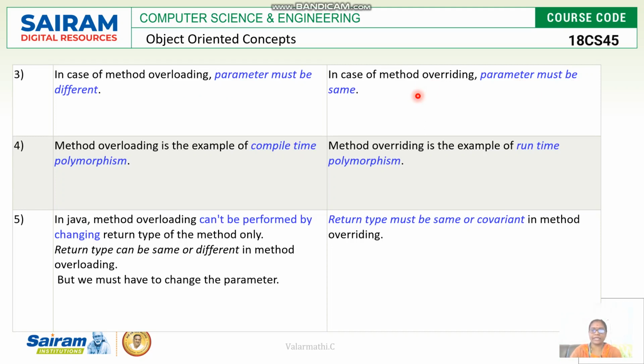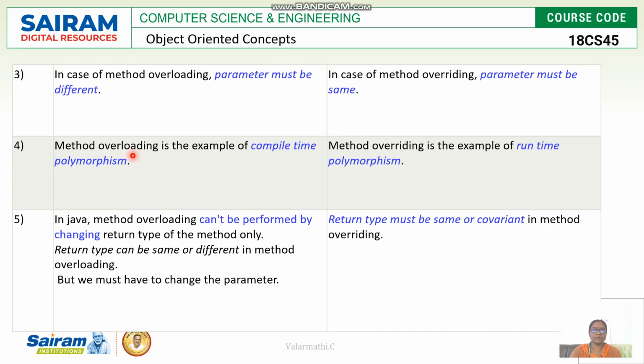So the return type, the name of the method, and the arguments passed inside the method, the complete signature of the method which is defined in the superclass, should be followed in the subclass. There should not be any changes in the return type or its argument list. But in overloading, it is acceptable. It can have different parameters.